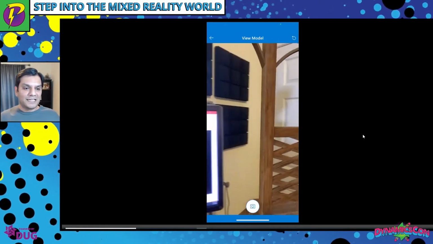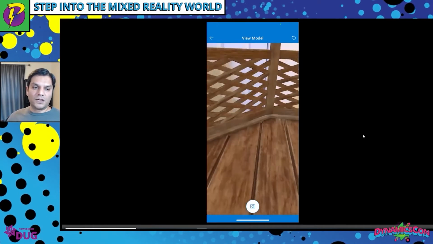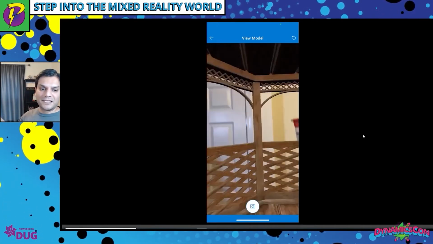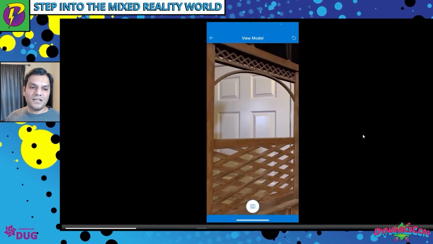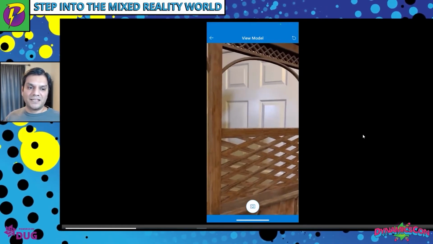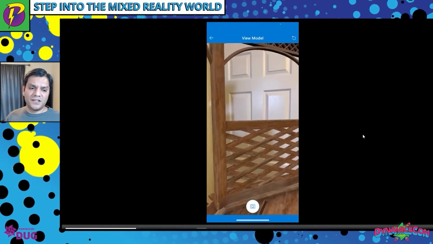See, I'm actually inside the gazebo. I can look down. I can look up. I'm actually inside the full gazebo. And it's giving you a full 3D kind of view as well, because besides the fact that it's in mixed reality, it's actually doing a pretty good job even maintaining some of the ratio values that you have.